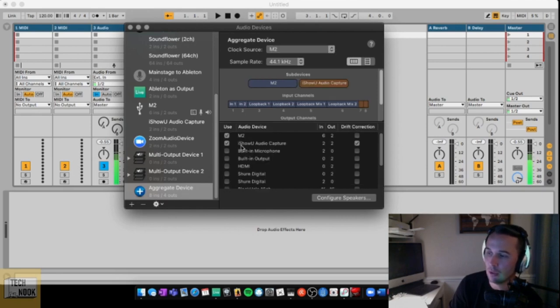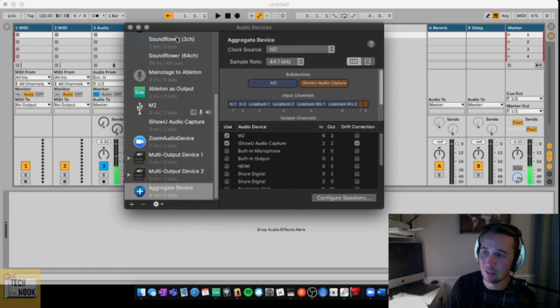So you have the M2 and the iShowU Audio Capture as the aggregate device. The reason you want to choose both is for your input. So you're going to be using the M2 for your guitar and voice and whatever else. And then the iShowU Audio Capture is going to bridge the audio from MainStage